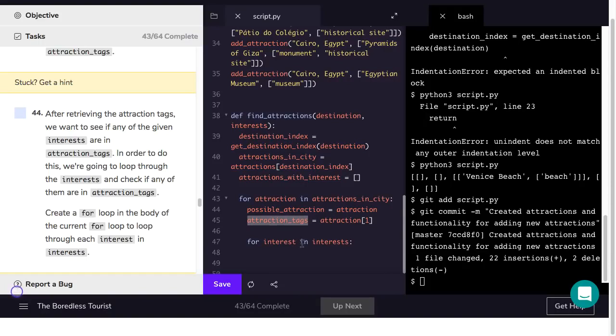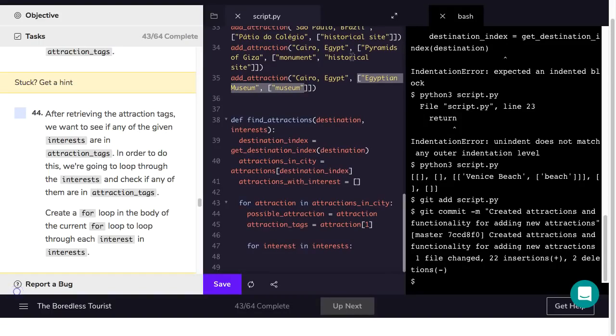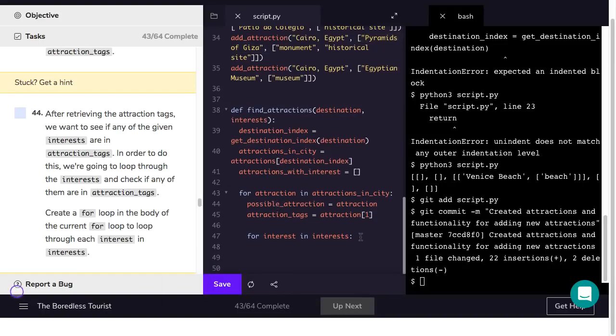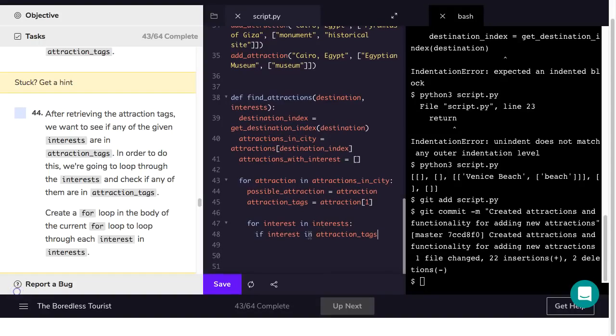If we're interested in a museum, is Cairo a place that we should go? If we're interested in monuments, should we visit the Pyramids of Giza? That's what we're trying to figure out here. And Python actually has great syntax for this. So for each interest in interests, if interest is in the attraction tags list. So for the current interest that we're iterating over in our list of interests, if this interest is in this other list, attraction tags,